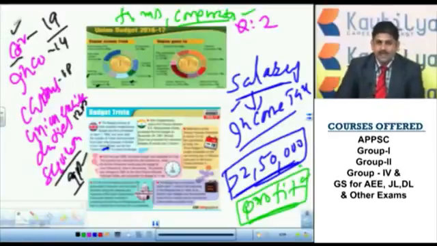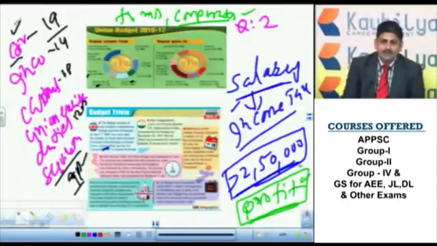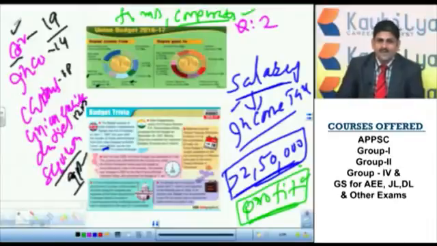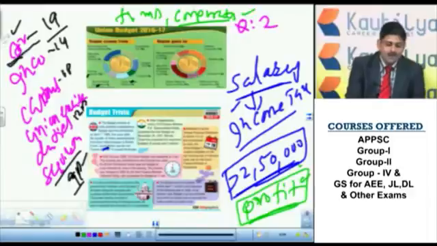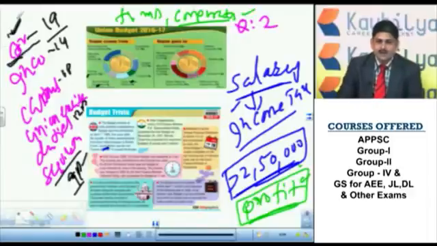Now very carefully see the question. What is the maximum source of revenue for the government of India as far as the 2016-17 budget is concerned? It is borrowings. Out of the taxes, which of the following is the maximum source for the union government to raise revenues? It is corporate tax. If it is asked in terms of taxes, you have to answer corporate tax. If it is asked out of all the sources, it may be tax or non-tax, you have to answer borrowings. These are two very, very important questions.